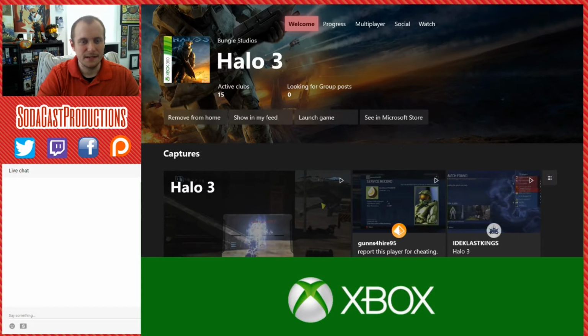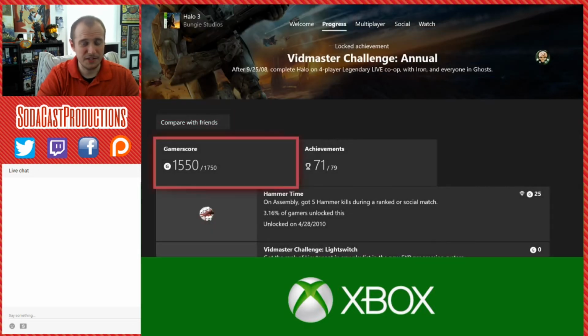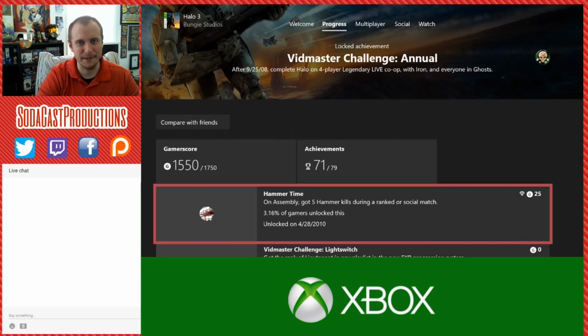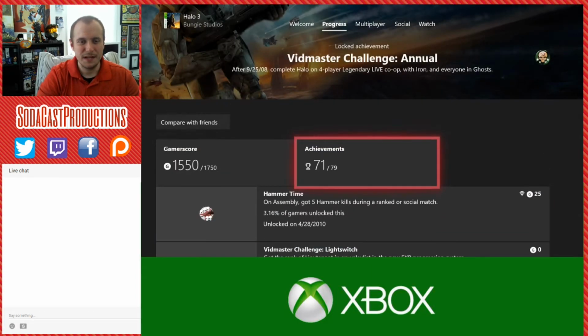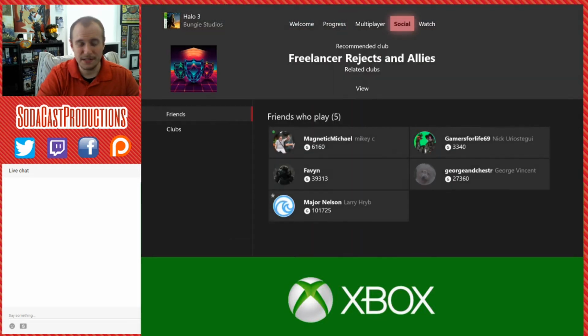And you can remove from home, show in feeds, look at it in the Microsoft Store, look at your progress, which is pretty cool. You can check out your achievements, which years later, I still only have 8 more to go. I never could get the last few in this game, which was kind of frustrating, but nonetheless. And of course, it shows the LFG, the looking for groups, social, which are friends that are playing, friends that have played, clubs,